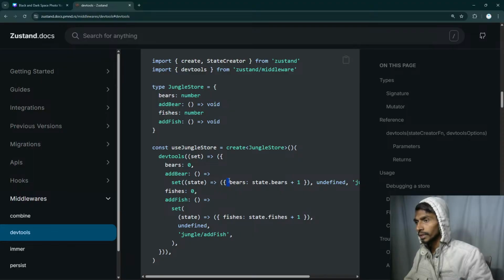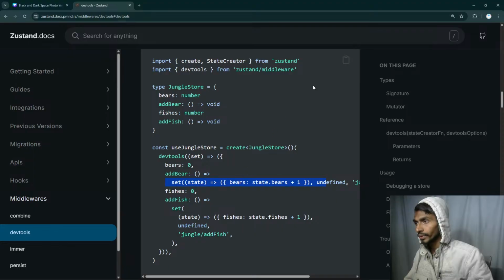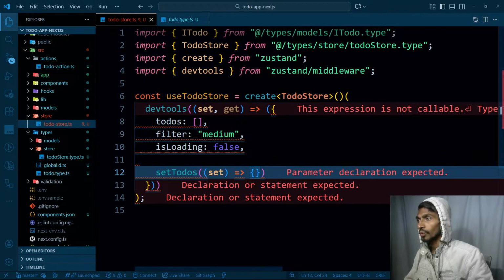Where am I getting the bear.state+1 add bear? This gets called. So this itself is going to be a function that will have some value, and then it will call that. Don't you think so? I do think so. That means what I have to do is pretty simple and straightforward. First of all,